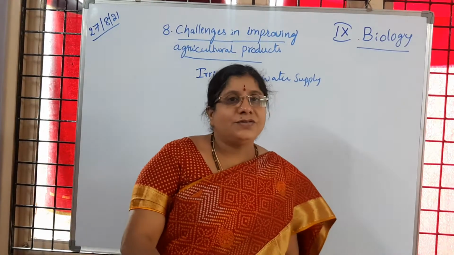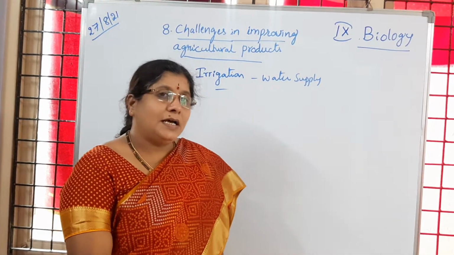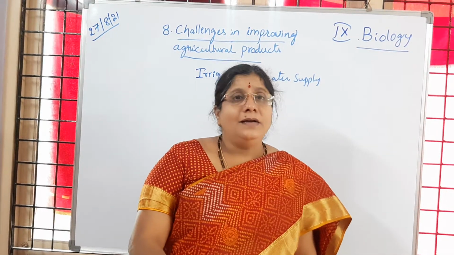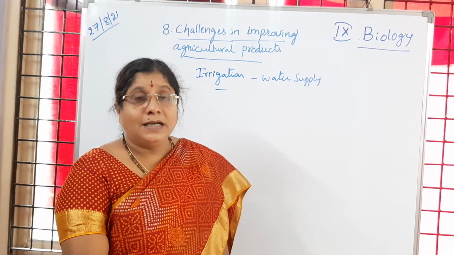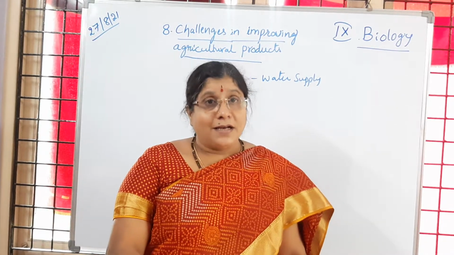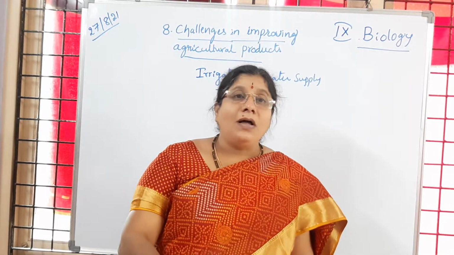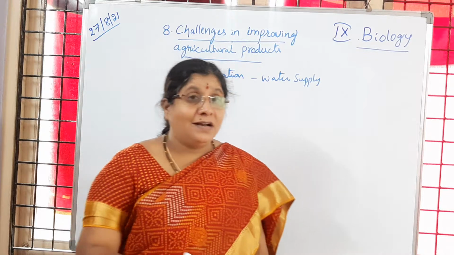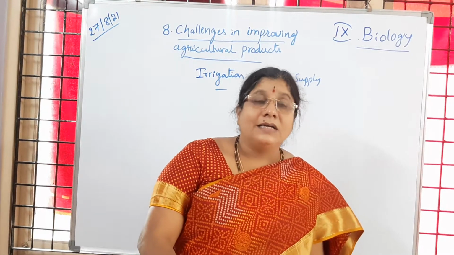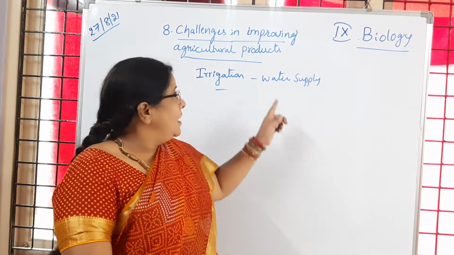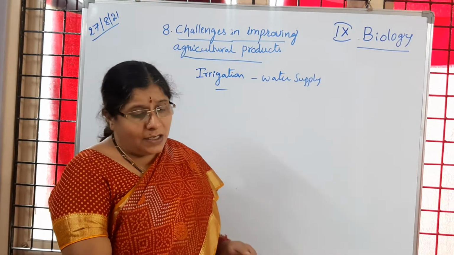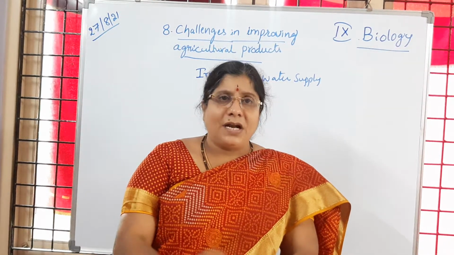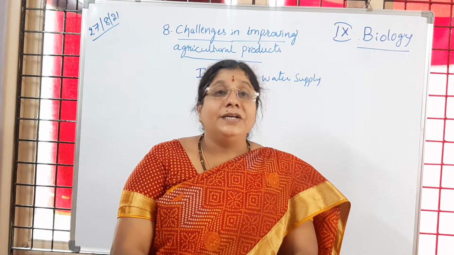So in the previous class also you learned. So what are the different sources of water for irrigation of the fields? You know that rivers, ponds, lakes are there, canals are there. Is it not, children? So all these wells, nowadays we are not seeing wells, but bore wells we are seeing. Is it not? So all these are the sources of water for plants to grow. Is it not? So now here the water is very important, one of the important factors for getting good yield.